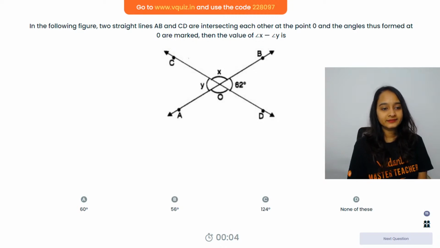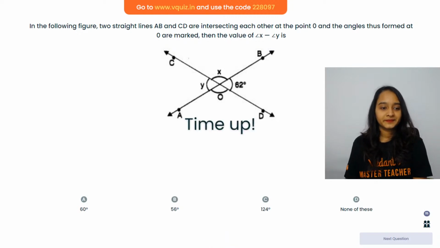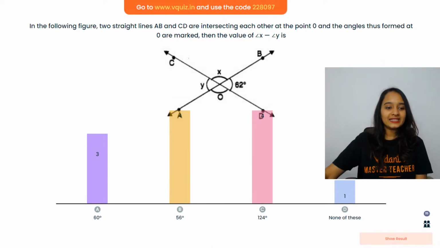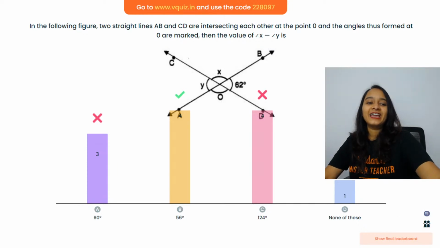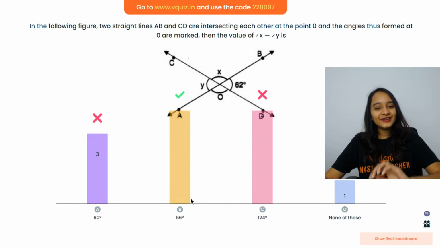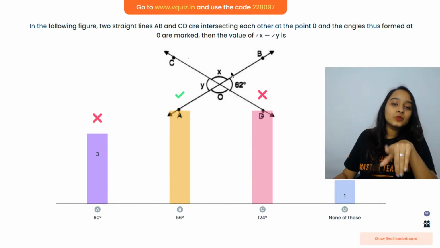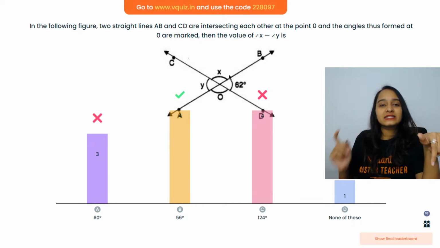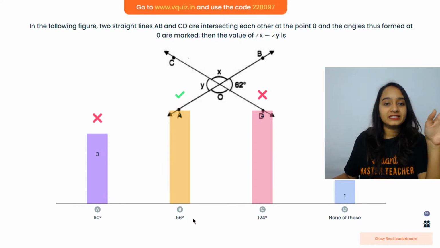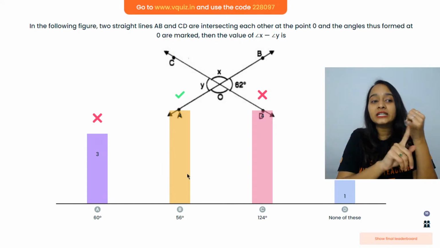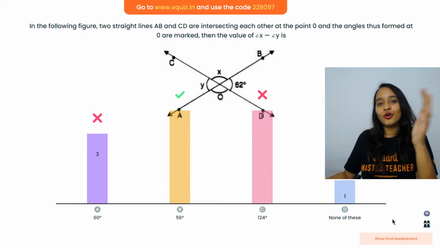Quick. And let us look at this. Very good everybody. Guys, angle Y will be 62. Angle X will be 180 minus 62, right? So angle X minus angle Y will be 56. We are using the concepts of vertically opposite angles are equal to each other and linear pairs of angles add